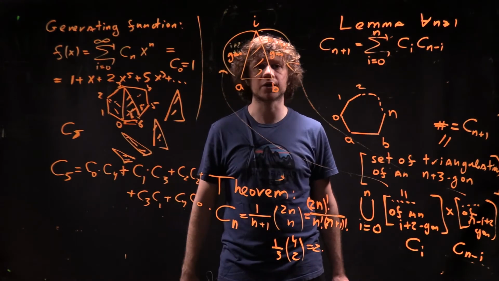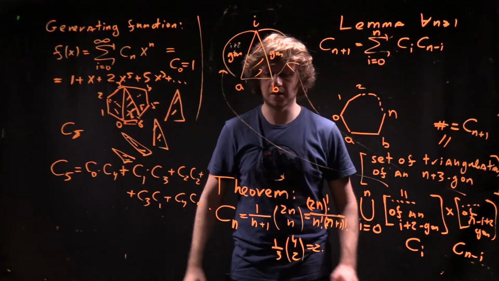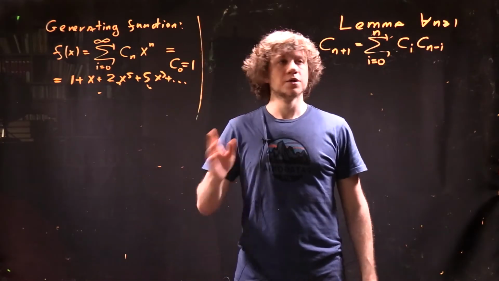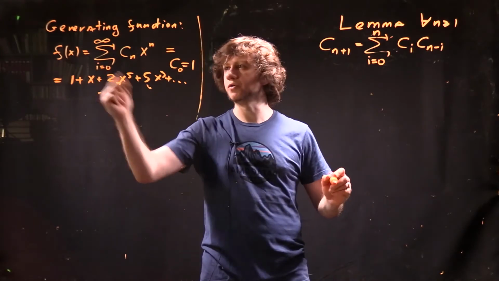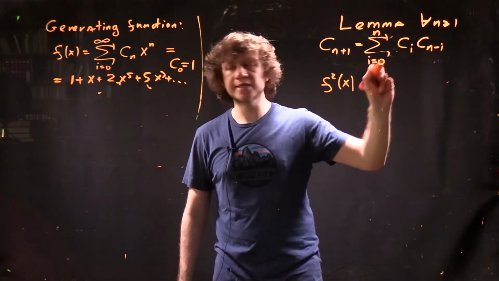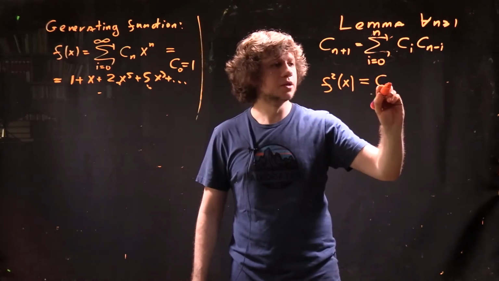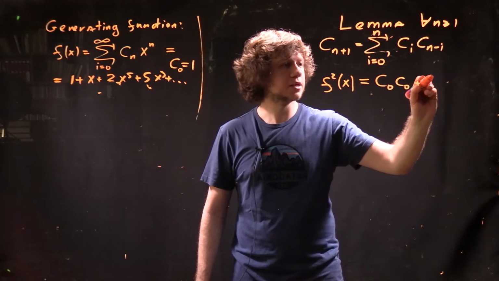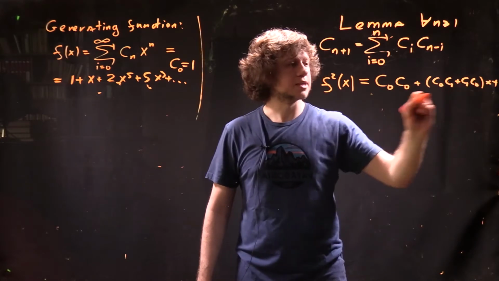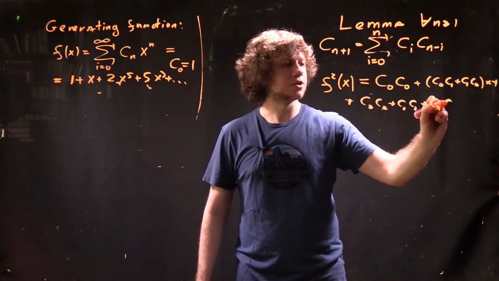So let me actually do that, and I will erase everything except the generating function and lemma part. And please remember the statement of the theorem. Okay, so what do I do? Let me compute the square of my function. So again, this reminds me of a product of two polynomials, and of course it has a formula. So I will see here C0 times C0, plus C0 C1 plus C1 C0 times x, plus C0 C2 plus C1 C1 plus C2 C0 times x squared,